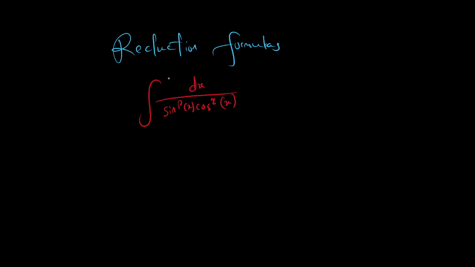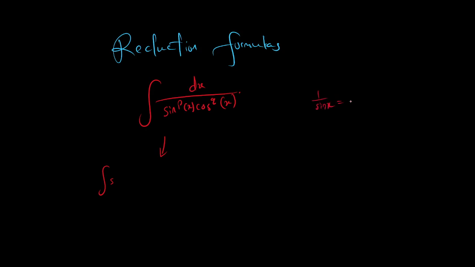Hello everyone, welcome. Today we are going to try to find a reduction formula for the integral of dx divided by sine to the p of x cosine to the q of x dx. Now here we are going to try to write this as the integral of this instead,